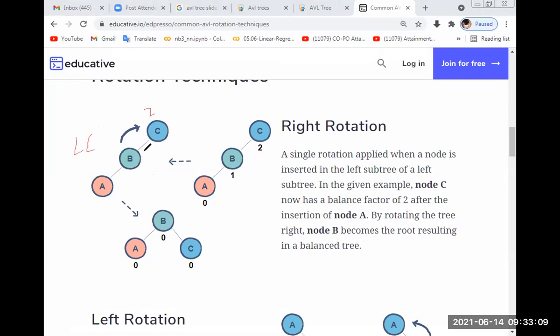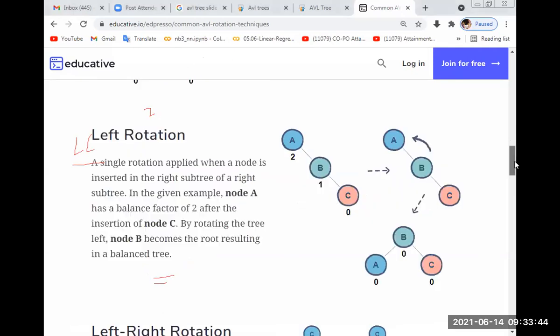So on the left side we have the problem, then you have to rotate to the right side. We call this a left rotation. When the problem occurs in the left direction, you rotate to the right side. That is the left rotation. Just remember that. So just rotate right side. This is the solution. Now check the height of the tree. Now it is okay.